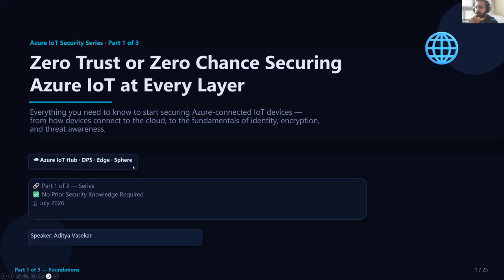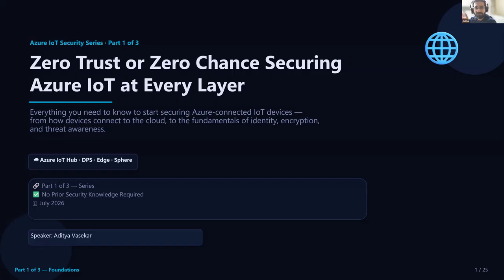I'm sure I'm not going to bore you guys because most of the session might be built as a beginner session, because this is a three-part series that I'm trying to establish here. This is related to Azure IoT at every layer. We will see how exactly the IoT devices get connected to the Azure environment, and